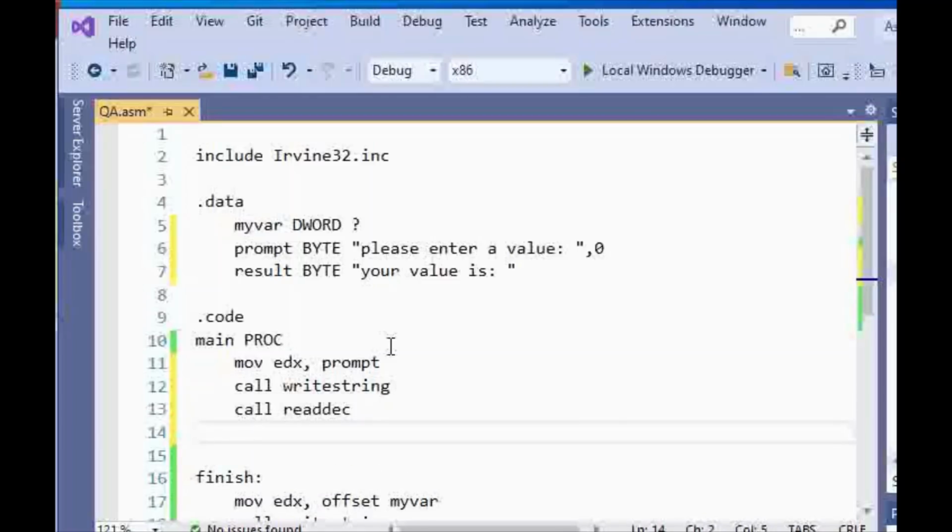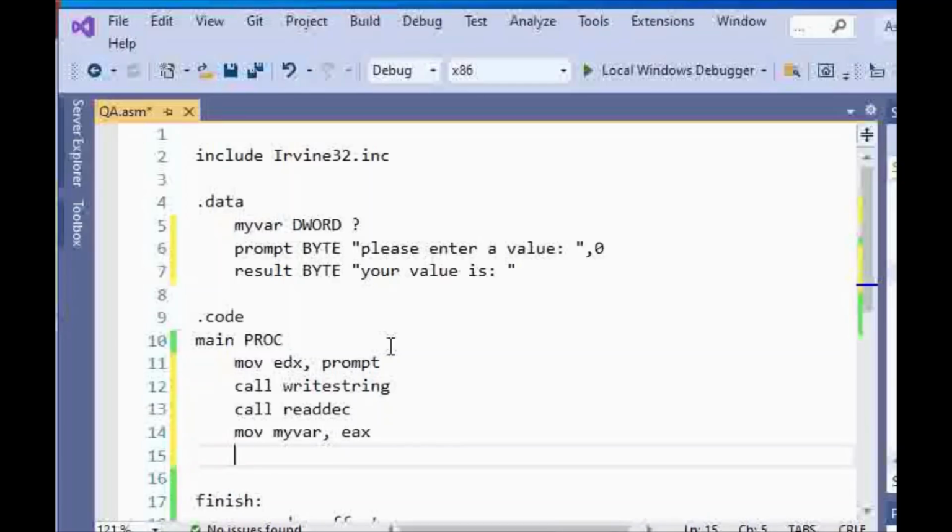To save it inside of my var, I'm going to move my var EAX, and then call move EDX to